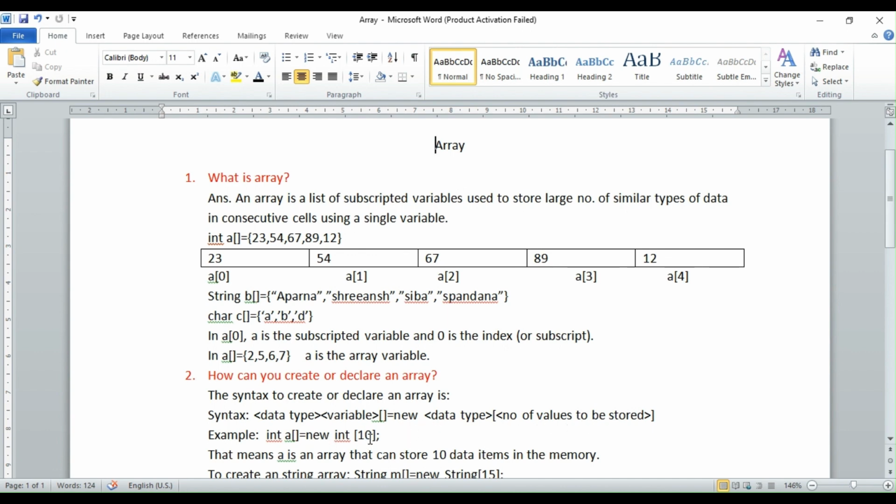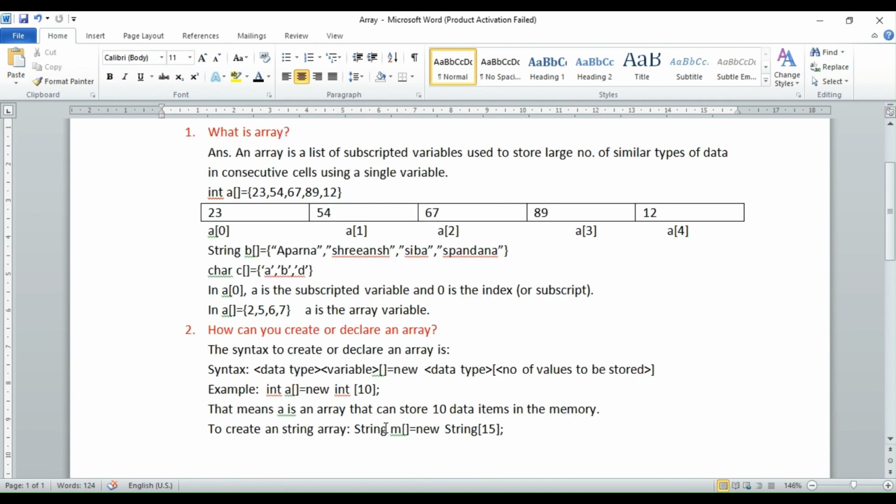You can store a maximum of 10 values in this array. This is the declaration of an integer type array. To declare a string array, an example is String m = new String[15]. Similarly, you can declare a double array, double a equal to new double, with any maximum value here.